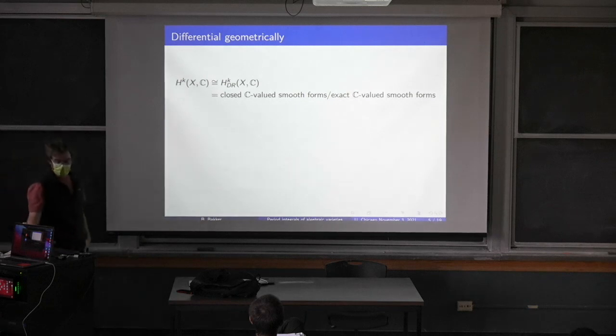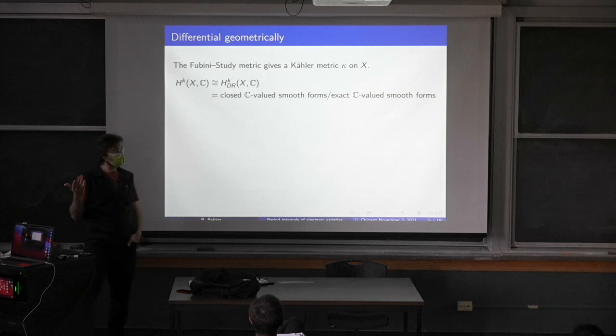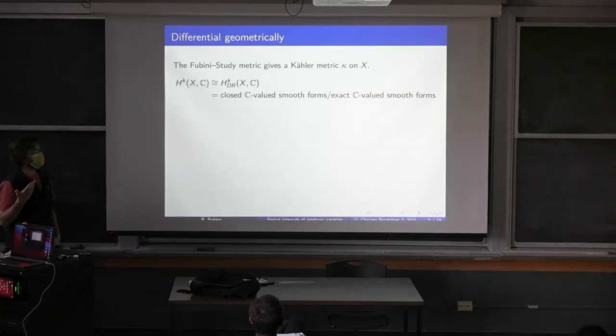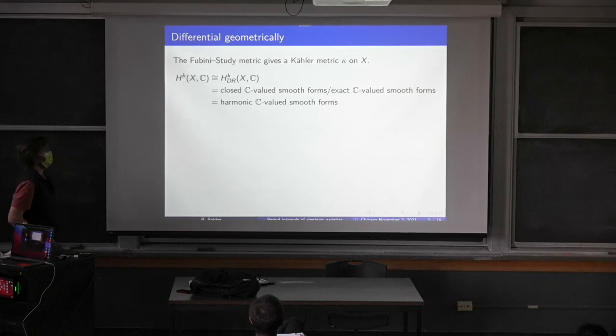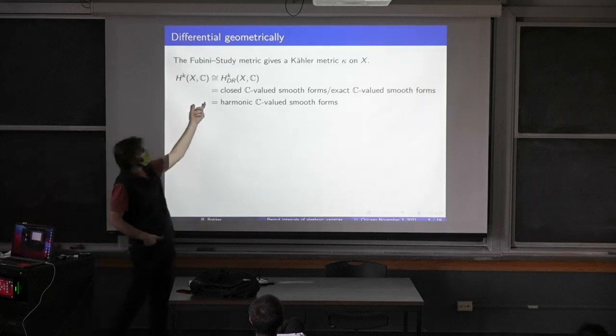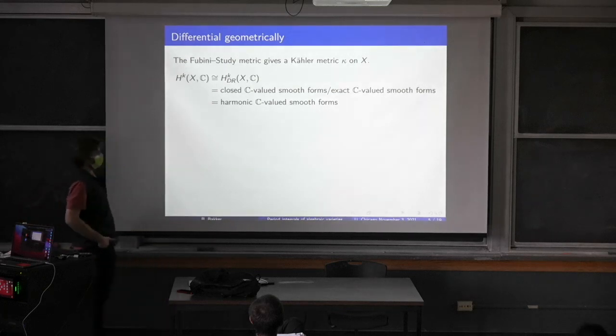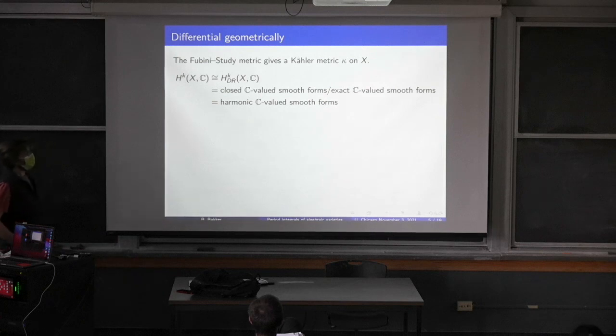In fact, we can do slightly better because projective space carries a Fubini-Study metric, which is a Kähler metric, and I can restrict that to X, and thereby I can talk about harmonic forms, harmonic classes of forms, and it turns out that each de Rham cohomology class has a unique harmonic representative. So I can think of de Rham cohomology classes as just harmonic smooth forms, harmonic with respect to the